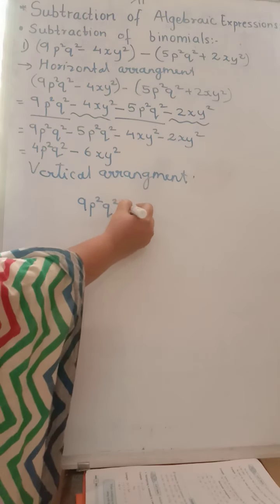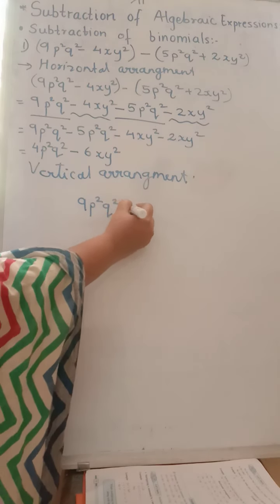Okay, now leave a line here. Okay, now this minus will change the sign. Minus plus will give us minus. So now this monomial's sign is minus. Minus plus minus, so now this sign will be minus.